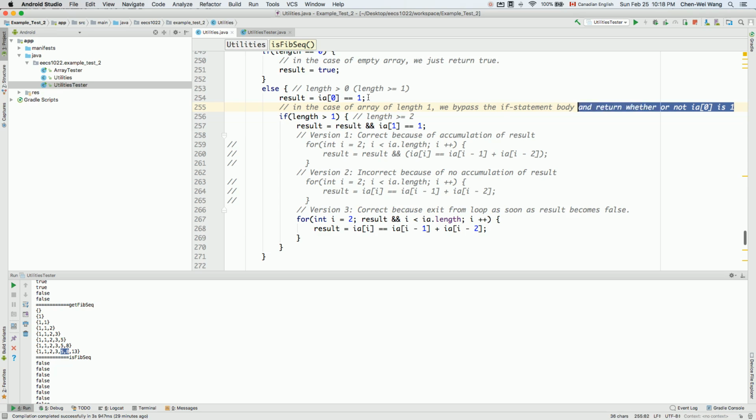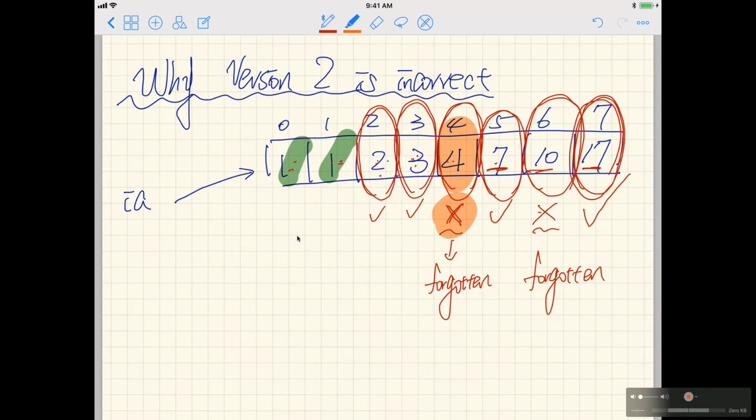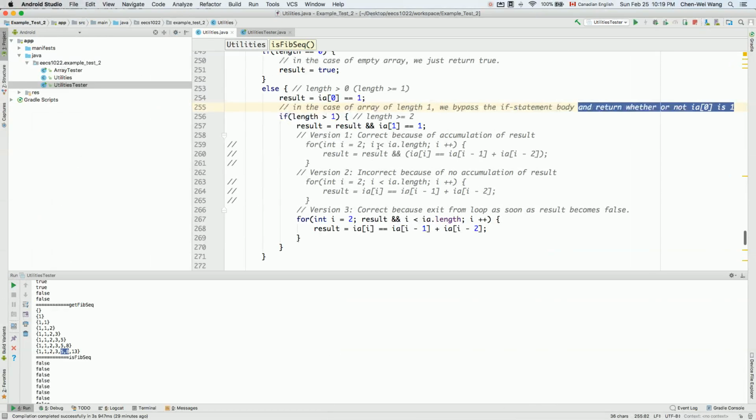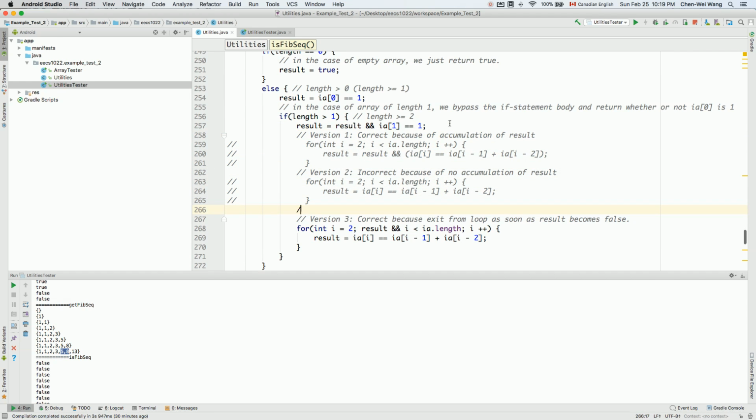It's only that, right? It's only that. So in the case where we only got one element in the array, we get either 1 is 1, so that'll be true. In this case, 2 is not 1, so that's false. Okay, one more. So now over here, what we'll do is about a for loop. Okay, let me just go to version 3 over here and show you. Okay, so now we'll say in the case of array of